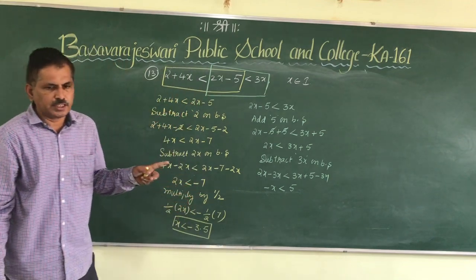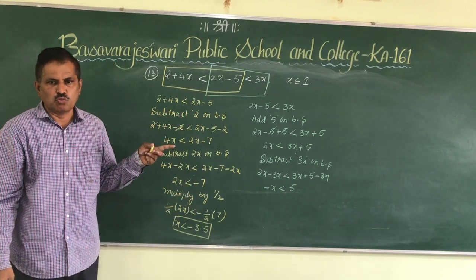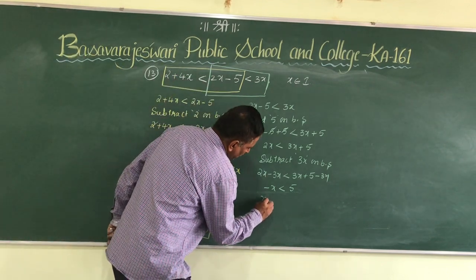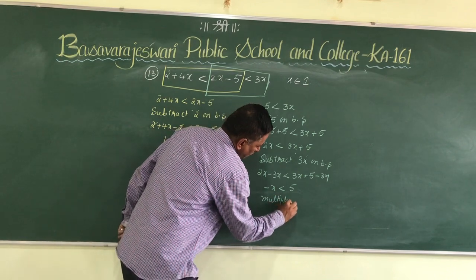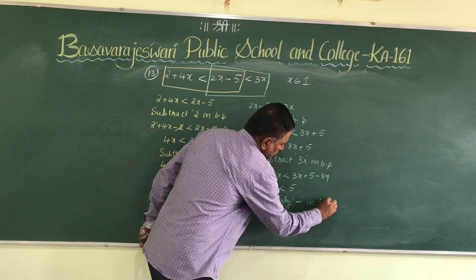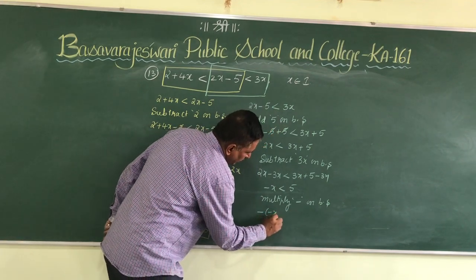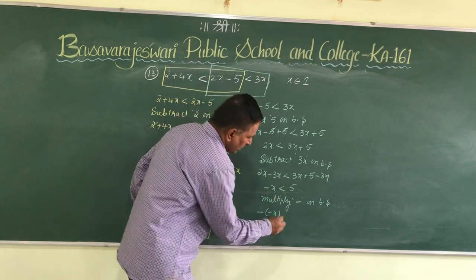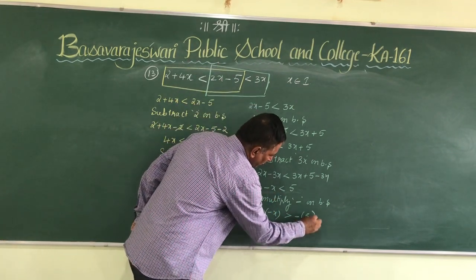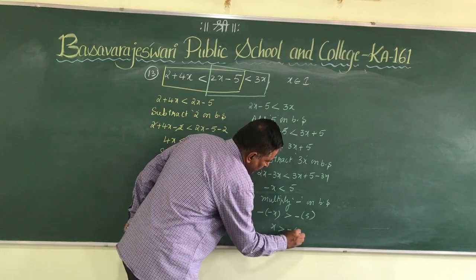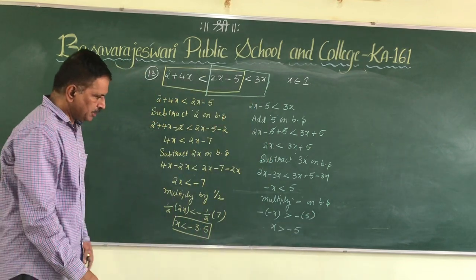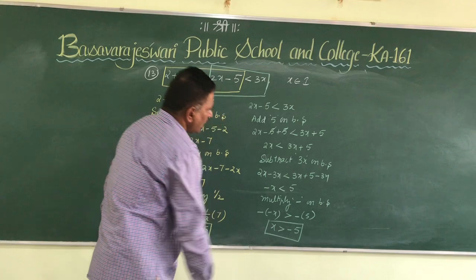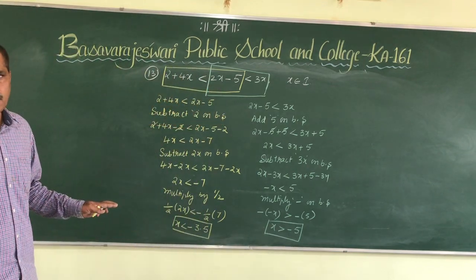Already I told you that x should not be negative. So I have to multiply by minus on both sides. This will become minus of minus x. When you multiply by a minus sign, what happens? The inequation sign will change. So lesser than will become greater than minus of 5. So therefore x is greater than minus 5. Yes? Copy down up to this. After this, we will write the solution set as well as the number line.